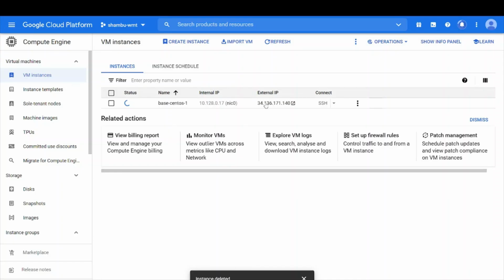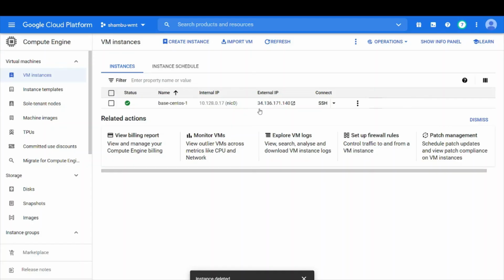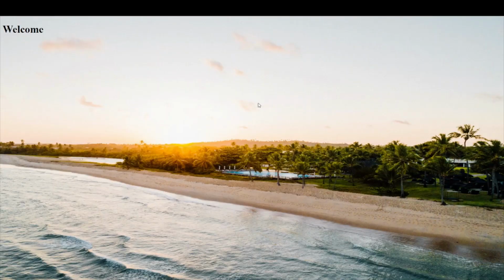Hopefully the page will not come up yet because it takes some time to bring up the server. It is not yet. Yeah, it is up now.